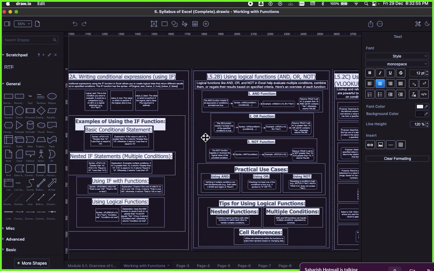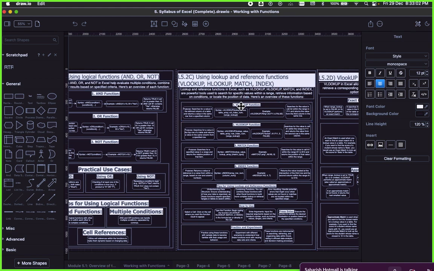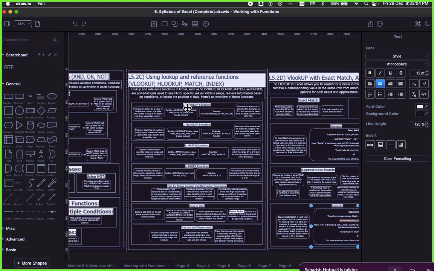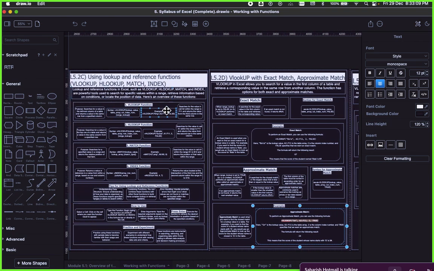Actually, I've used some scenarios using the AND, OR, NOT and using the VLOOKUP and HLOOKUP. I will have to go through the MATCH and INDEX as well. Okay, MATCH and INDEX. So INDEX is nothing but